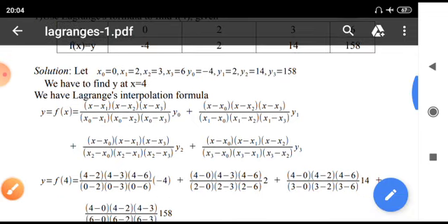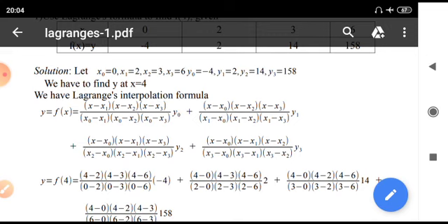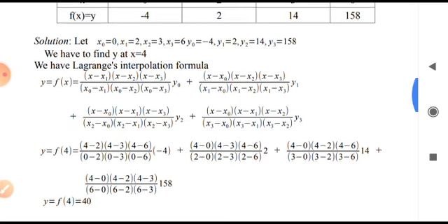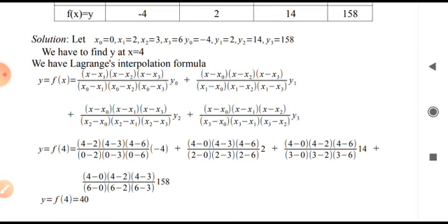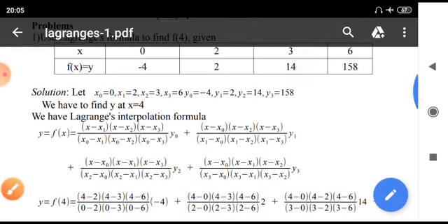plus second term, x minus x0, 4 minus 0, x minus x2, 4 minus 3, x minus x3, 4 minus 6, whole divided by x1 minus x0, that is 2 minus 0, x1 minus x2, 2 minus 3, x1 minus x3, 2 minus 6, multiplied by y1, which is 2, and the third term, x minus x0, 4 minus 0, x minus x1, 4 minus 2, x minus x3, 4 minus 6, whole divided by x2 minus x0, 3 minus 0, x2 minus x1, 3 minus 2, x2 minus x3, 3 minus 6, into y2. y2 is 14,